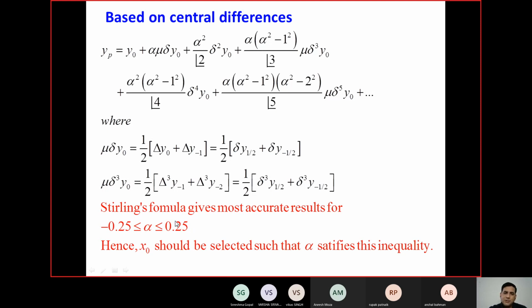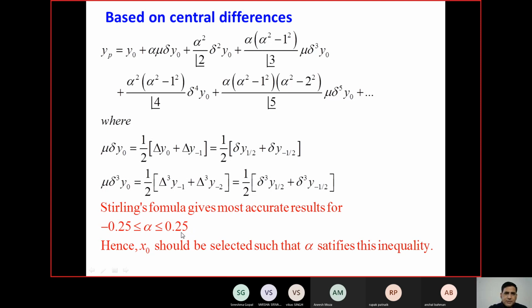And now finally, as I told you previously, if your alpha value lies between -0.25 and 0.25, you are always bound to get nearly the correct answer, because all of them are interpolation techniques. These are approximations, so there will always be some kind of difference. You will not get a 100% analytical answer, but obviously you will get somewhat correct to that.